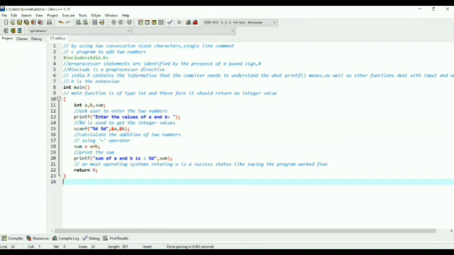Up to now we have seen addition, right? Now in the same program we are going to see subtraction, multiplication, division, and modulus. What we have to do here is just change the operator.